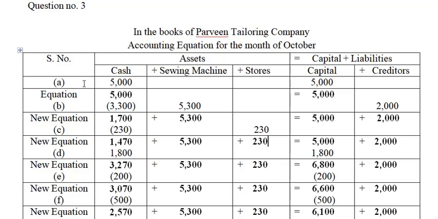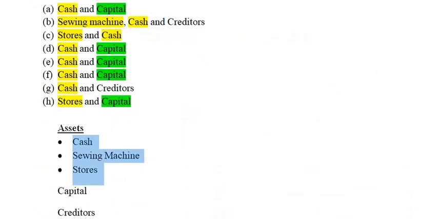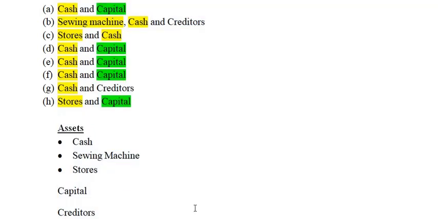So in point A, we have already made this rough work out here. Okay, so this is guiding us. Prepare this on a separate piece of paper, because this is the initial stage and this is the first time you are preparing an accounting equation. So copy this item. You can pause the video and copy this